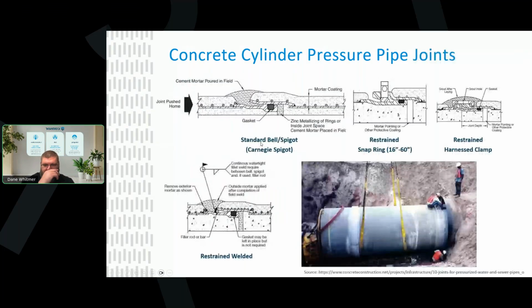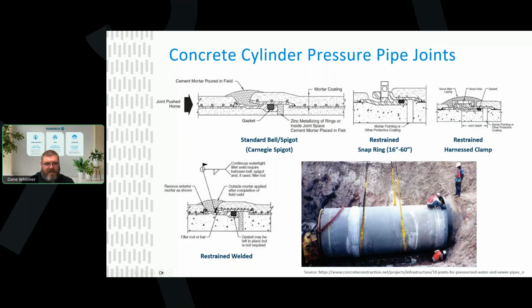They come in several different types of joints, and we look at these when we have higher pressure, larger diameter type pipes. You can see the cut sections there of how the pipe is formed. You have your internal lining, the shell, which you don't consider as adding strength. The strength comes from the reinforcement, so the bars, the pre-wrapped. And then how you want to make those joints depends on your conditions.